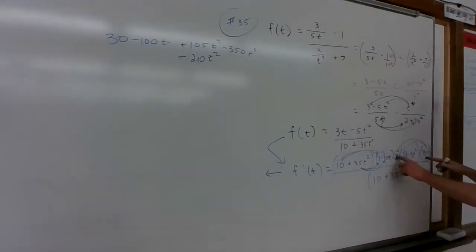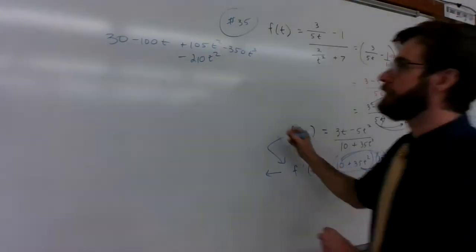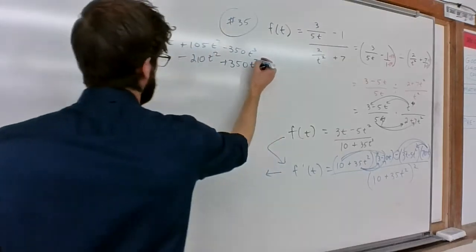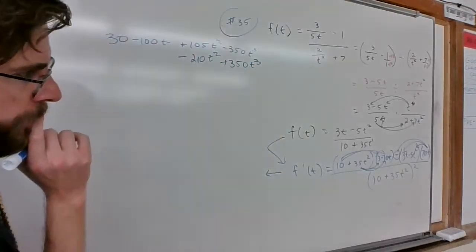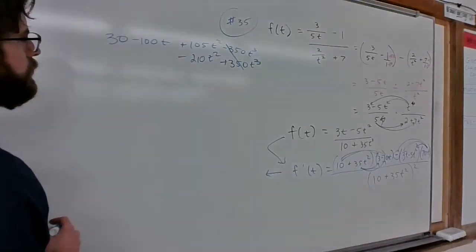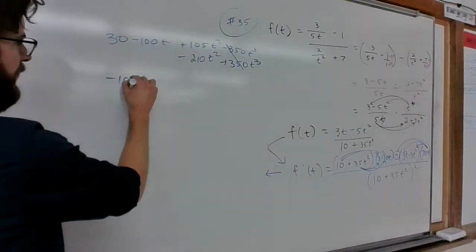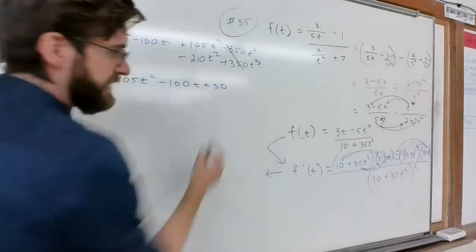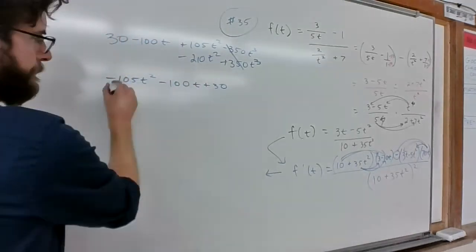And then a negative 70t times a positive 5 is going to be positive 350t cubed. All right, and that pretty much covers everything on the top. The t cubes cancel. You're left with negative 105t squared minus 100t plus 30 on top of that fraction,